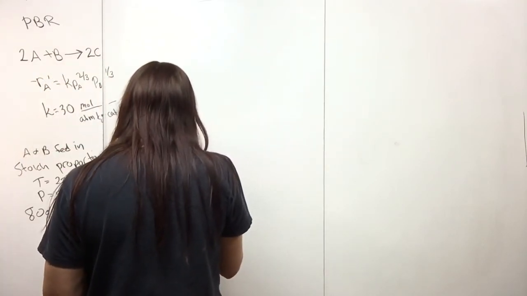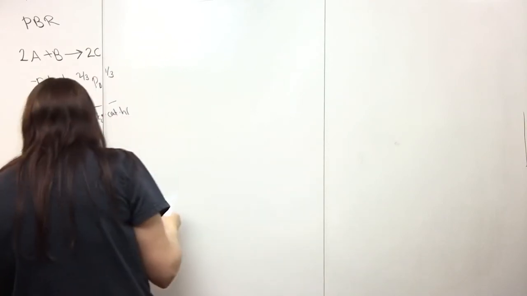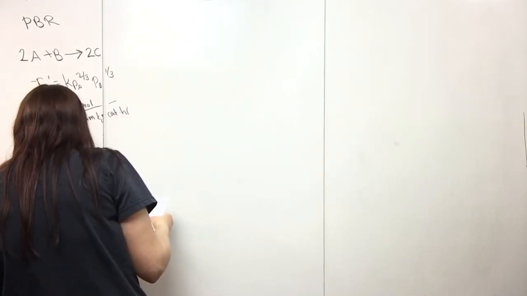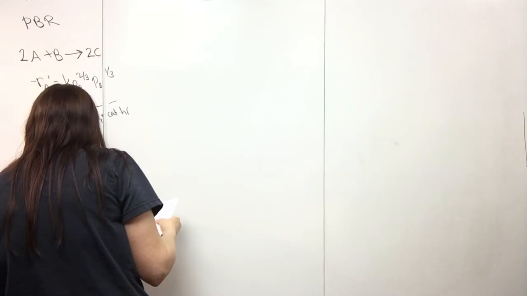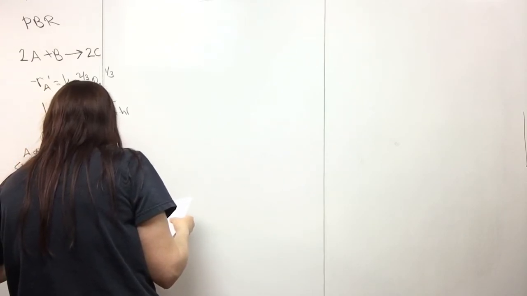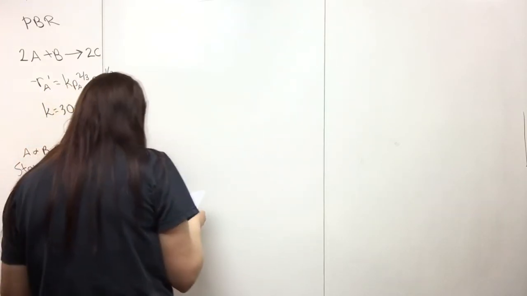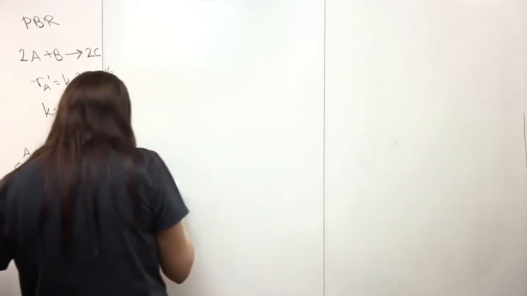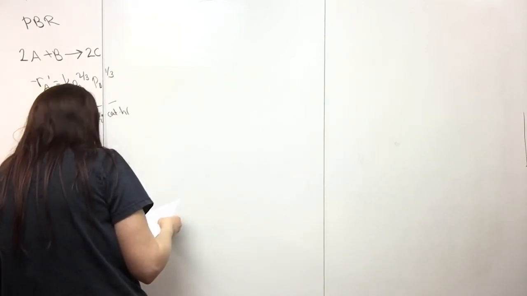And the feed rate of A is 500 moles per hour, so F A naught equals 500 moles per hour. The pressure drop parameter alpha is